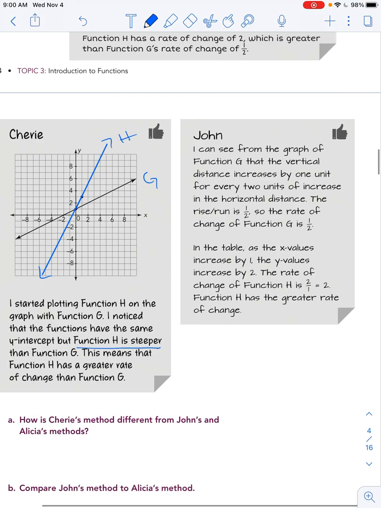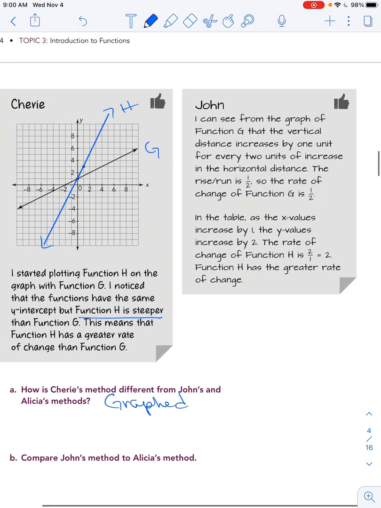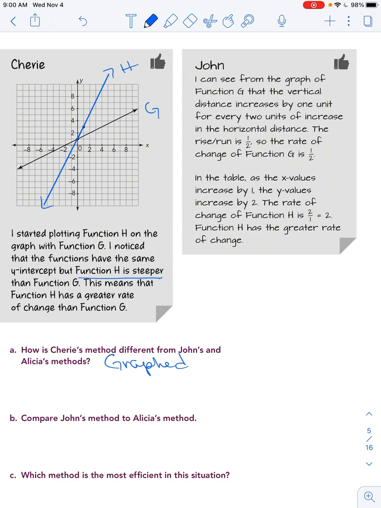Now, how was Sherry's method different from John's and Alicia's? Okay, Sherry graphed. Now, all three methods are perfectly fine. It doesn't matter. Okay? You know what I'm going to do? I'm going to actually write a sentence like I'm supposed to. Okay, so Sherry graphed